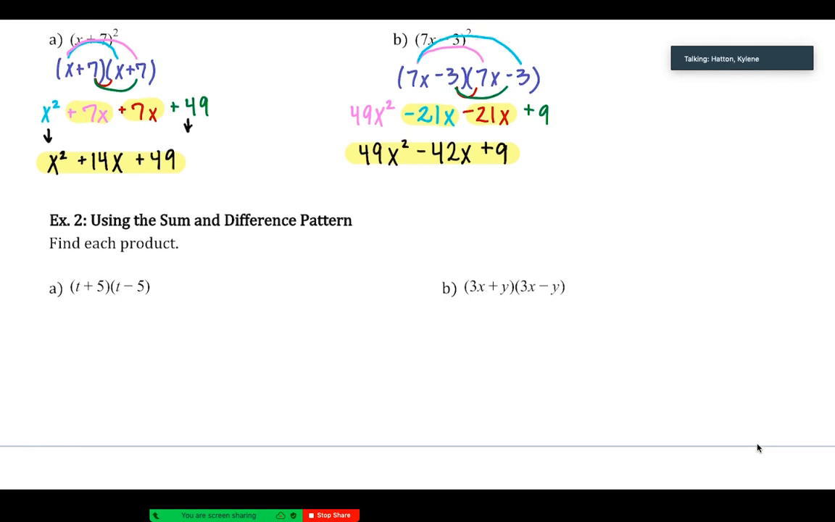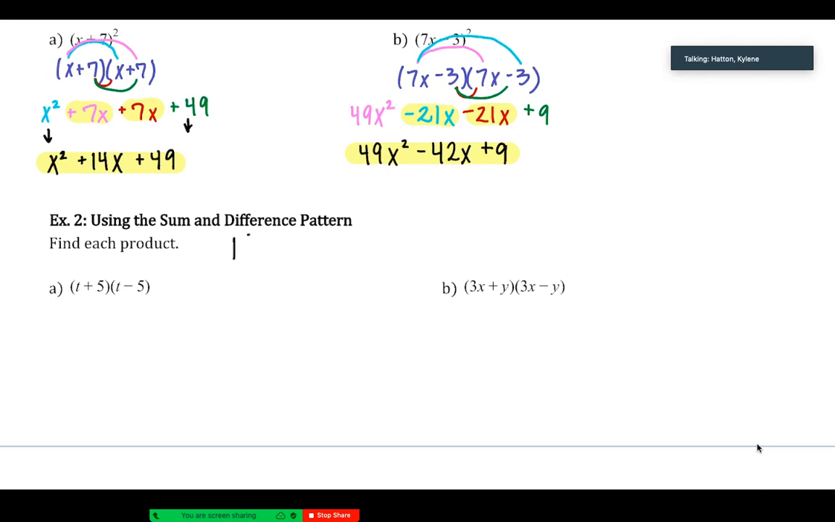Okay, and then example 2, this is just another specific type of FOILing problem. We're still going to go about it the same way, but the answer may look a little bit different than our previous answers. So find each product. For 2a, it's t plus 5 times t minus 5. So we still have a binomial times a binomial. So whenever we have a binomial times a binomial, we FOIL it, or if you're using the table method, you can use the table